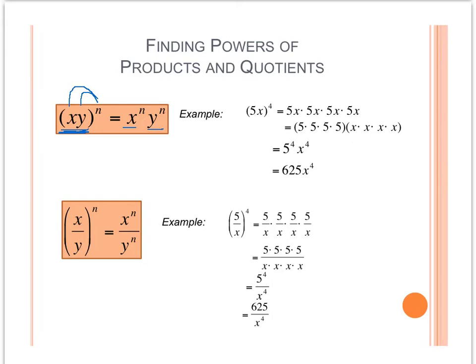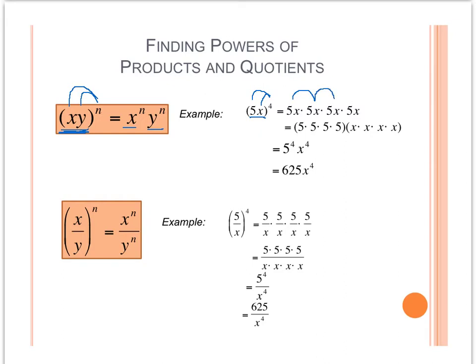So if we look at this example, we have 5 times x raised to the 4th power. So that 4 gets distributed to both the 5 and this x. And keep in mind, they're still exponents. It's not multiplying 5 by 4, but it's raising 5 to the 4th power, and the same goes for the x. So we're left with